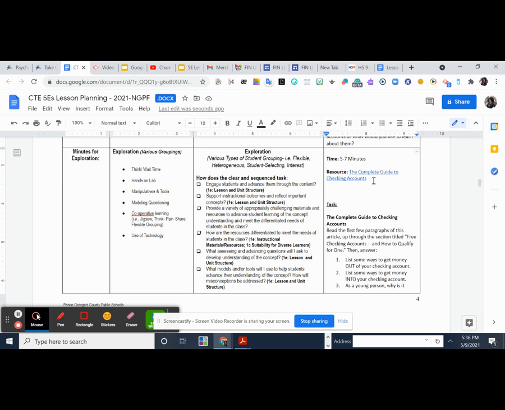Okay, and I'm going to let this be a flexible grouping activity, meaning that students are able to decide if they want to work in groups or not. And how am I going to word this? I'm just going to say student grouping. I'm just going to say flexible. The students got to choose